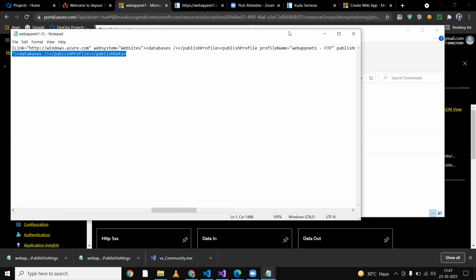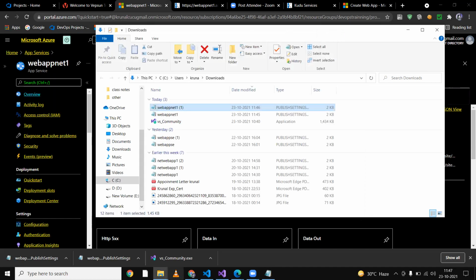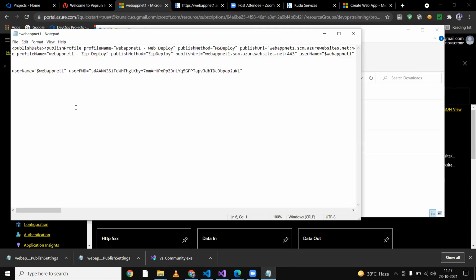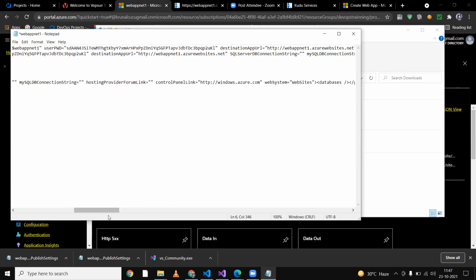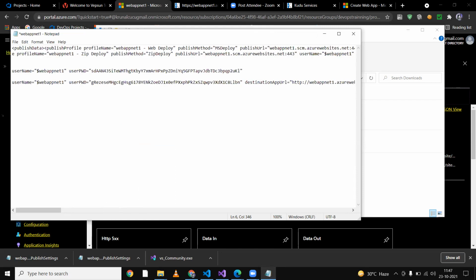I'm copying from this. I'm closing this one, and we already opened this one. So here only, I want to paste that new one. So see, first your username was web app one. Then your user password, initially that was this one, but when I reset, it changed to